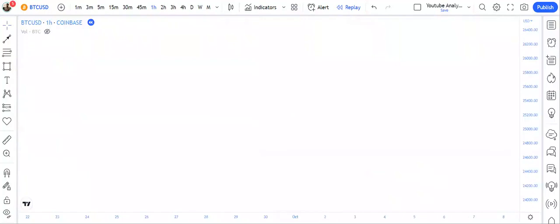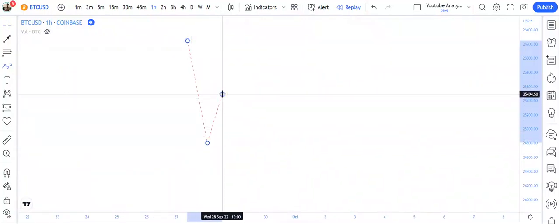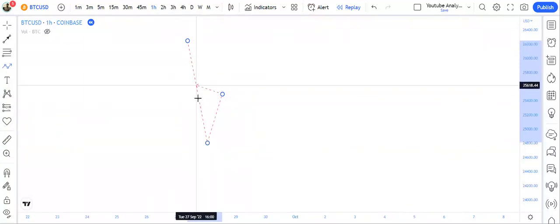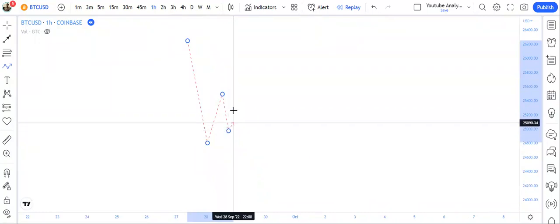Now, if it doesn't break structure, let's say price is just doing this, and then price comes up, it didn't break any structure in here because this was one full leg. And what many people tend to do is they try to look for some buys in here. It's definitely not valid, because structure is not broken. Unless we have something like this,